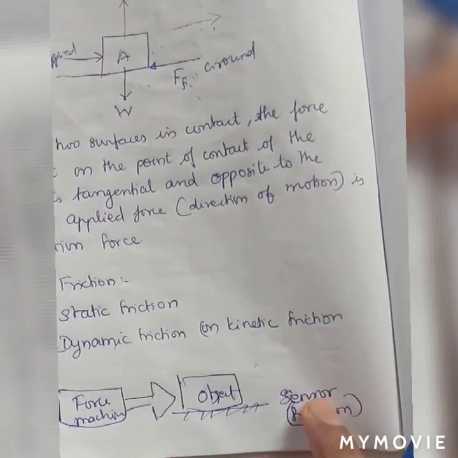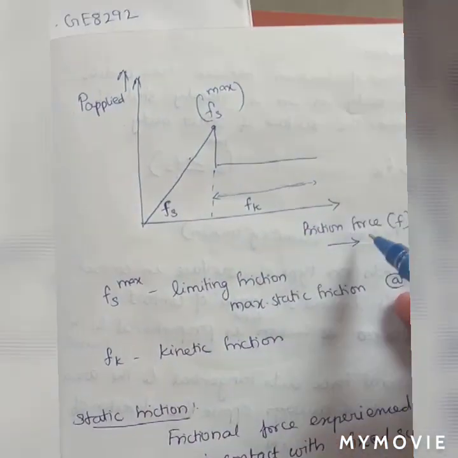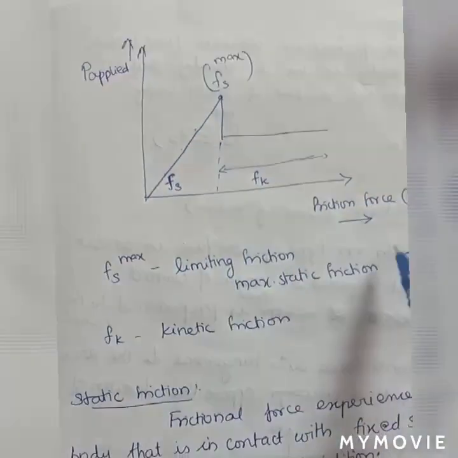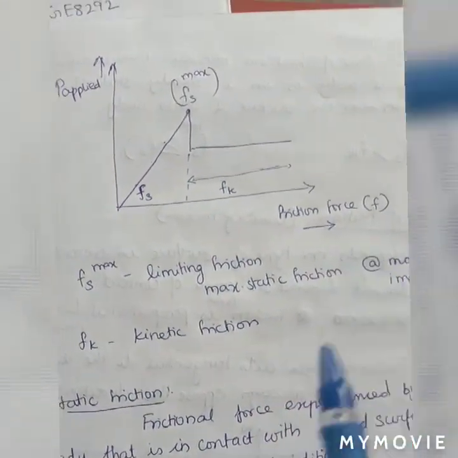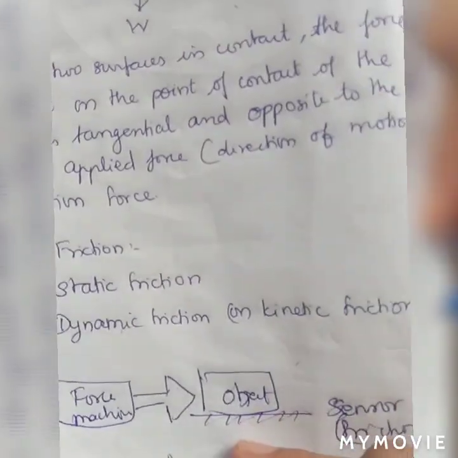So the relation between the applied force by the machine and the frictional force developed in the surface, measured by the sensor, is pictorially shown in this graph, where your applied force is in the y direction and the frictional force in the x direction. What does it mean is, when you start applying some force,